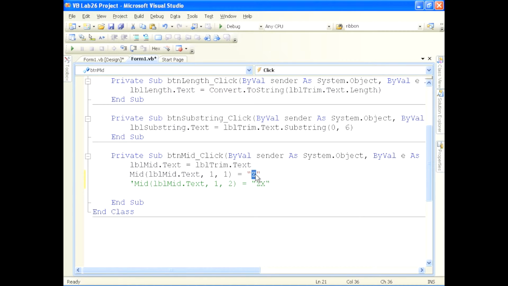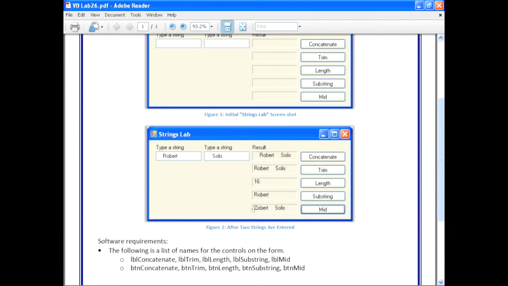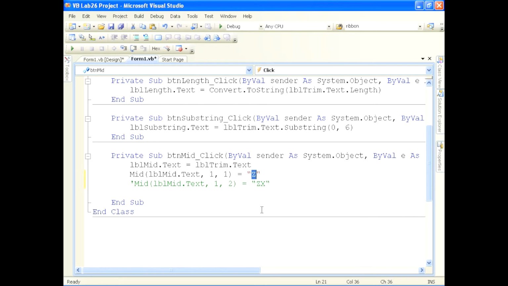Now, this is going to be a little bit different than what I mentioned to you before. When you're using mid, this is position 1, this is position 2, this is position 3, and so forth and so on. So what we're saying is take that Z and put it in position 1 for a length of 1. All right, so if I run the code, which I'm going to do right now,